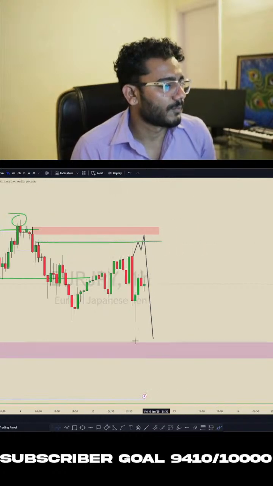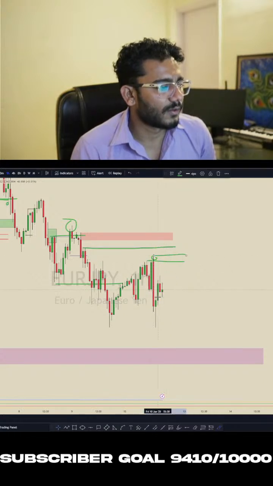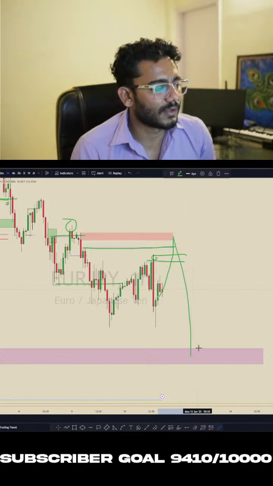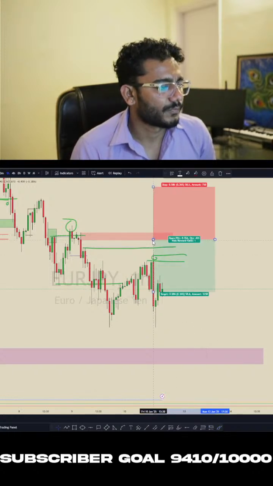Okay, so what price can do is it will react, or it has already reacted from this high, and create a new fake structure. So a lot of people will be selling at this sort of block, and then price will hit their stop loss, and then it can continue the downside. So we can look for a sell side entry at this sort of block.